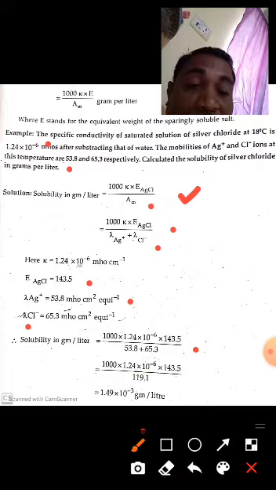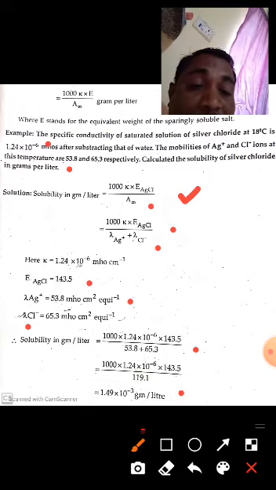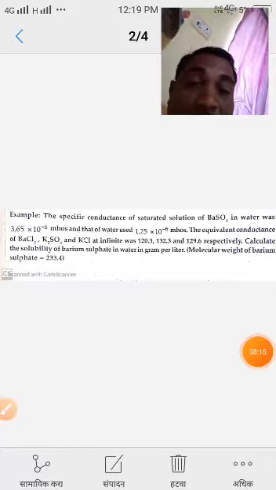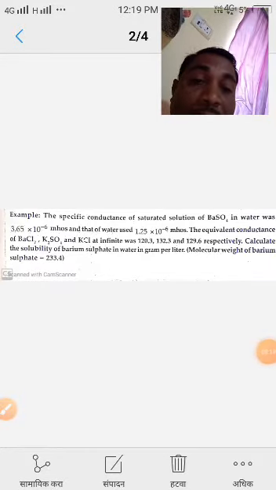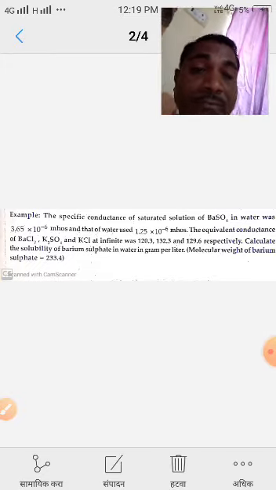Then we will get the answer of solubility, which is equal to 1.49 into 10 raised to power minus 3 grams per liter. Now here we have to take one more example. In that example,